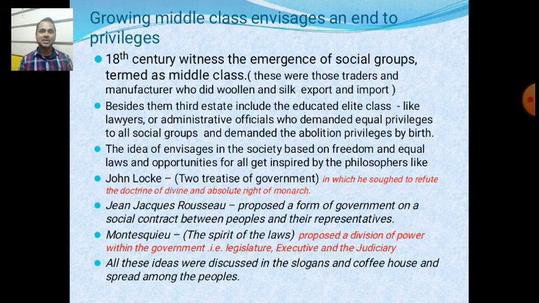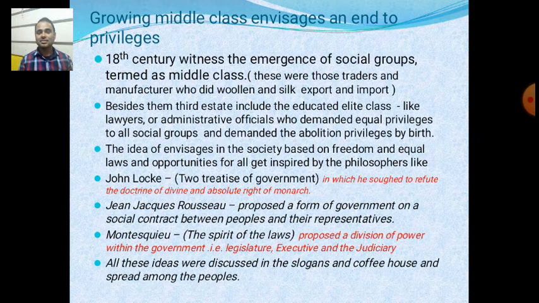They were highly educated, and they were inspired by the many philosophers whom they read. And these philosophers talk about different forms of government. Let us take the example of some philosophers. As you have seen, John Locke, Jean-Jacques Rousseau, Montesquieu. These were some of the thinkers, the philosophers, who have expressed their ideas about the government and its system of governance.